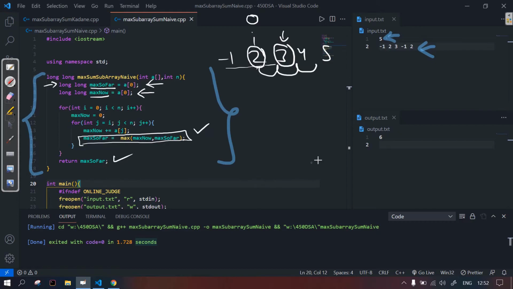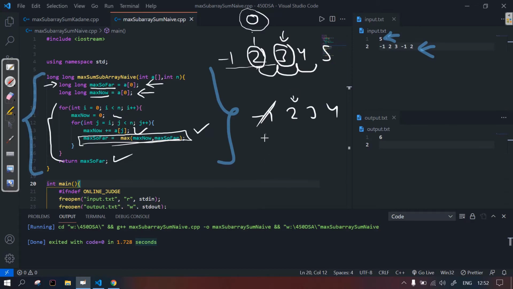Nothing else we are doing, we are just generating all the test cases with this O(n²) loop solution. And I also told you that every time we start a new i, we make our max now 0, because we are starting a new contiguous subarray. Suppose we have -1, 2, 3, 4. Now suppose we are done with i equal to 0. Now we move to i equal to 1.